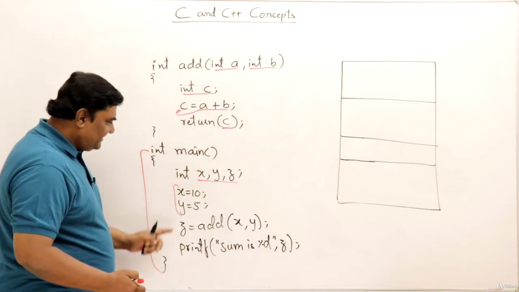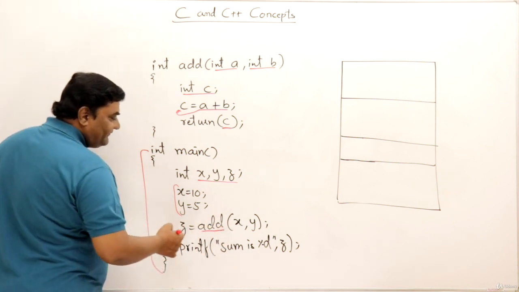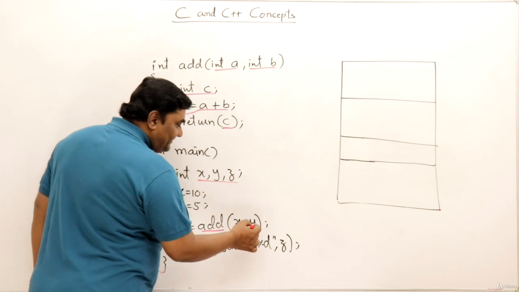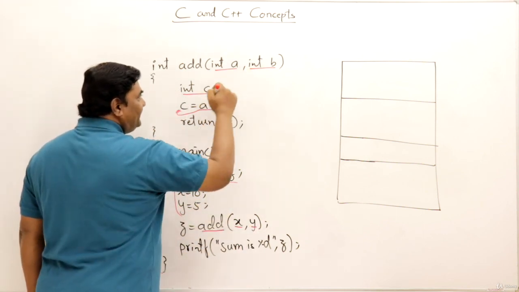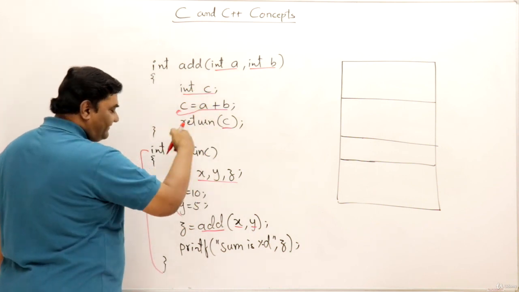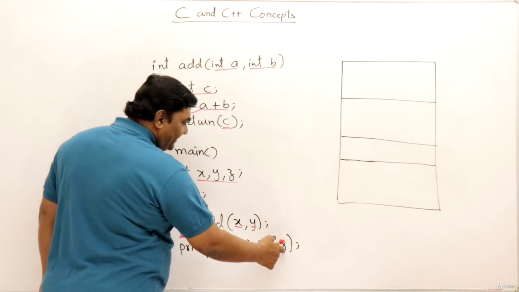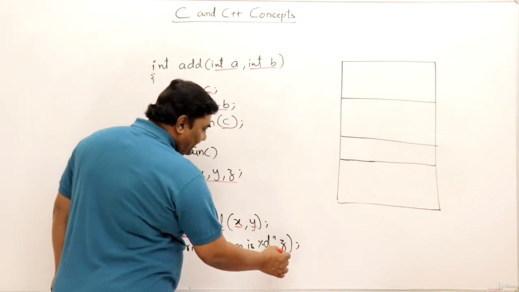So if we see in the main function, back to the main function, here I am calling the add function. This is a function call, and I am passing two parameters x and y. These values will go into a and b. It will add them and return the result. That result will come into this z, and then it will print this value z. So as per this example, it will print the value 15,